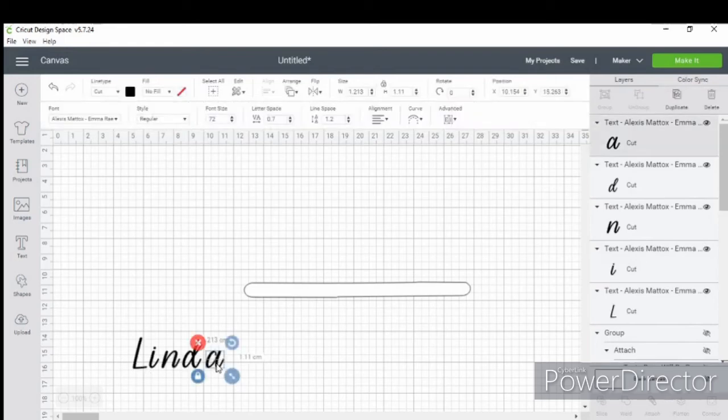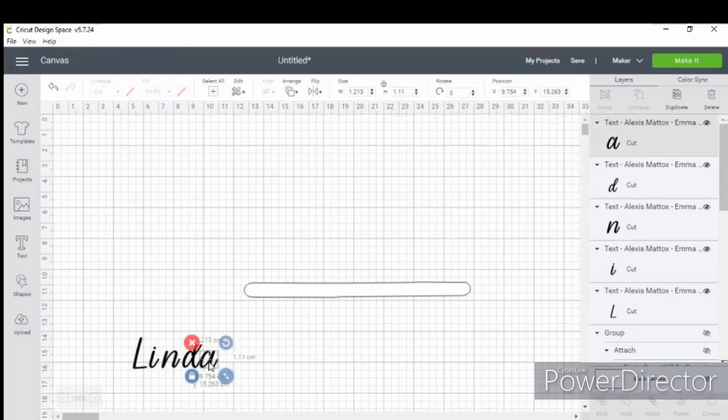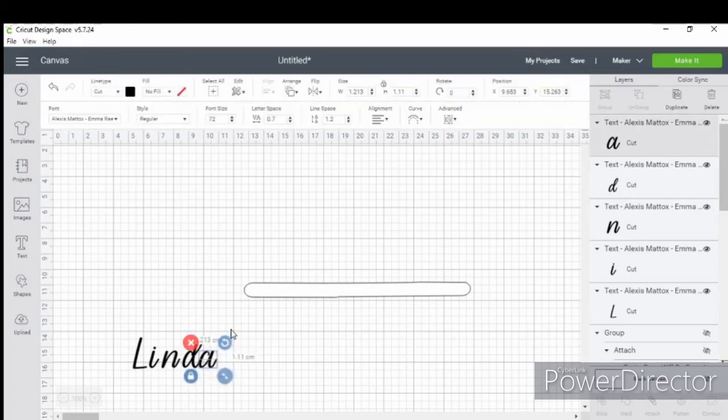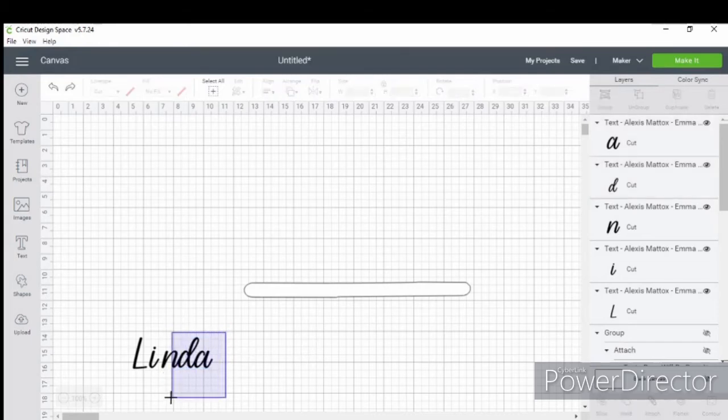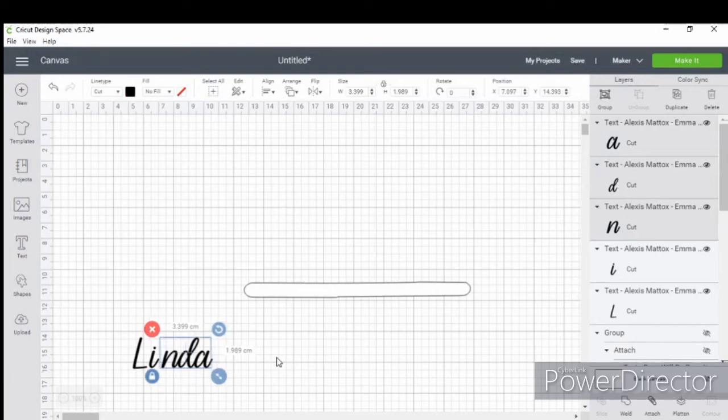I'm then going to choose a letter, and then I'll just simply use the arrow on my keyboard to bring that in. It's not quite there, so I'll bring it in a little bit more. And then I choose the next 2 letters, and I'll bring those in. There we go. And then I'll choose the 3 letters, and I'll bring those in, just like so. So now I have the 3 of them, and then I'm going to weld that,